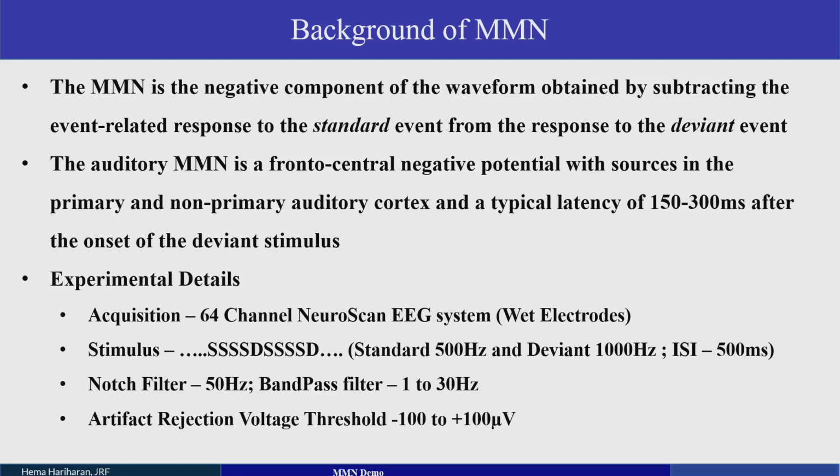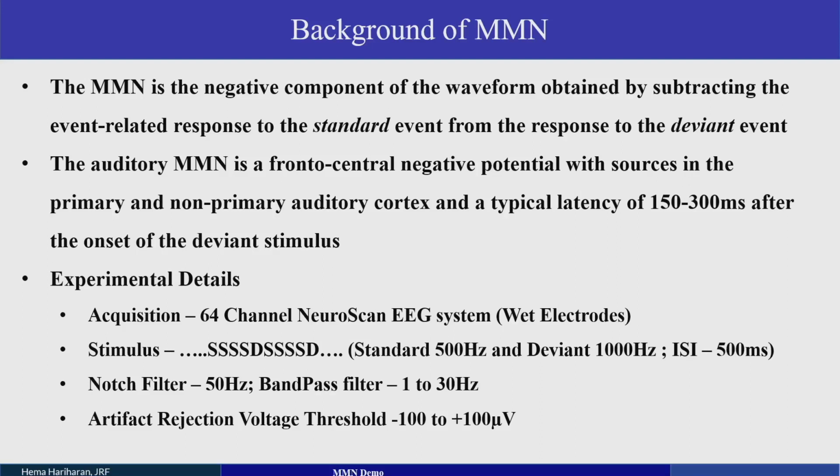That's when we can find out when the deviant response is obtained. The brain keeps the standard, it thinks, okay, this sound will come, and suddenly when there is a difference in the tone, that is when the deviant response is obtained. A different negative component comes into play. That is called the MMN, the mismatch negativity. That is why it is known as mismatch negativity.